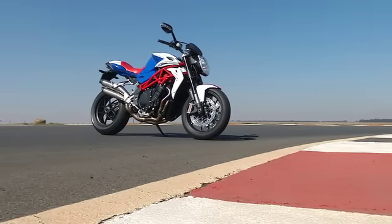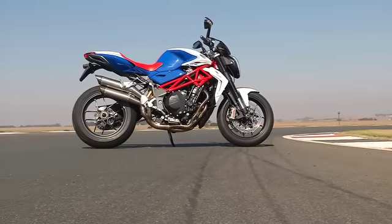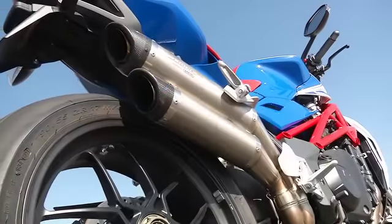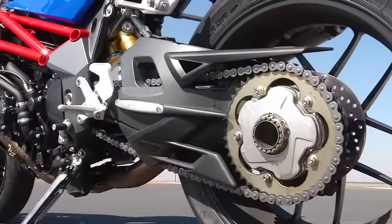Naked bikes, as a rule, aren't very good looking. Without all the bodywork from which to sculpt a beautiful shape, the designer's options are severely limited. Having said that, this Brutale isn't exactly an ugly duckling. It uses a similar frame to the F4 with a mixture of steel trellis and cast aluminium, and on this